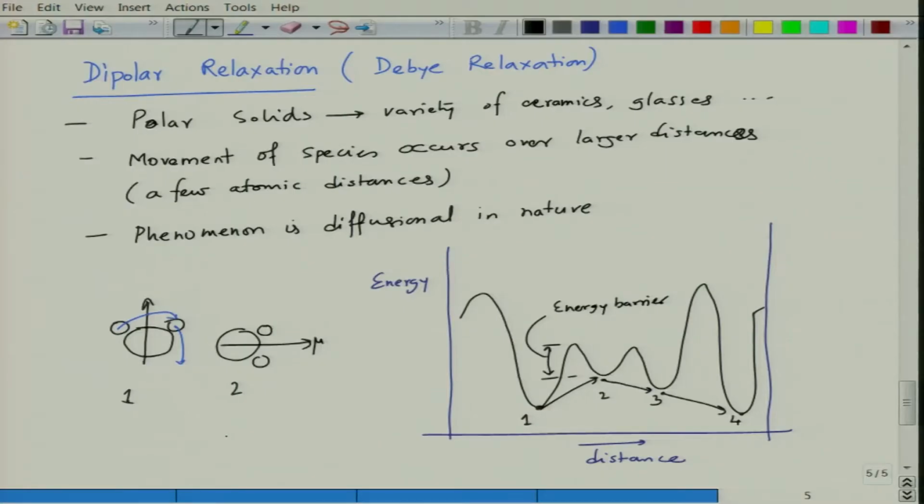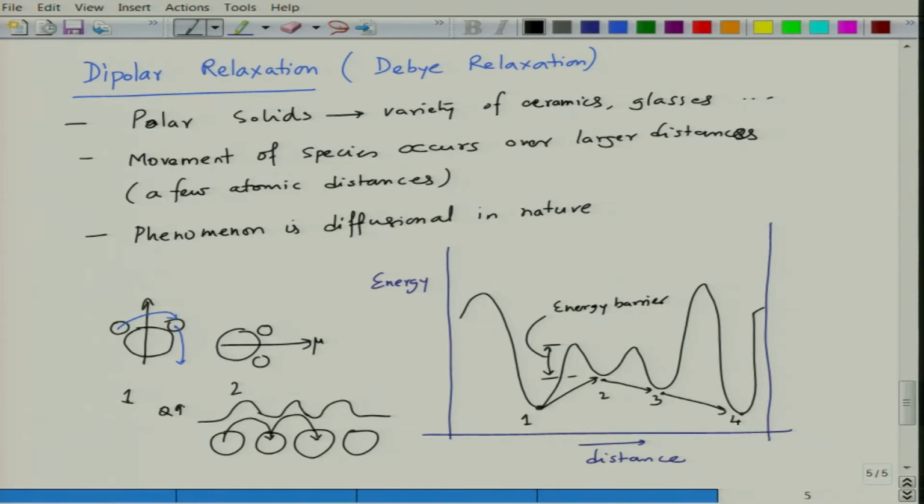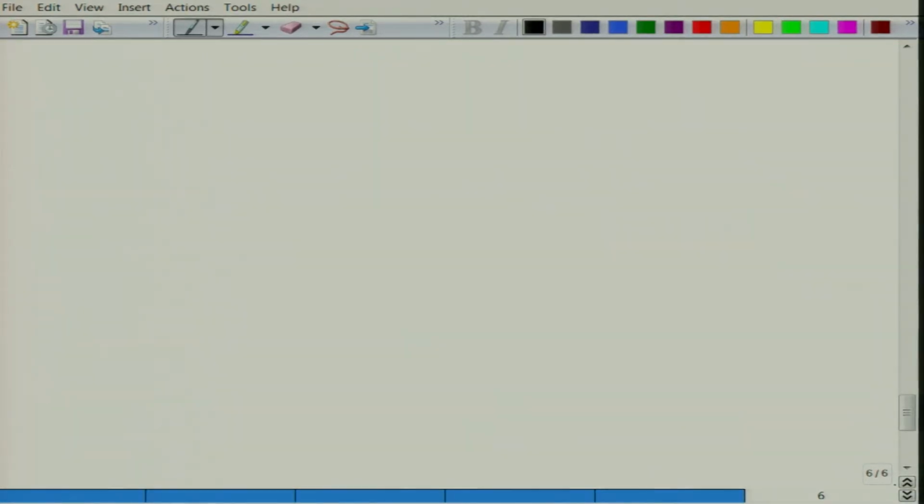So, if you look at the lattice for example, when this atom moves from this place to another place, it undergoes an energy barrier, because the transitions that take place in the middle dilate the lattice. As a result, there is a sort of temporary generation of strain in the lattice, which it has to overcome. So, it has to break one bond, form another bond. As a result, there is an activation energy, you can say Q, that is needed for transition to occur. Similarly, in this fashion it has to go from one position to another. As a result, the process is sort of diffusional in nature, requiring an activation energy barrier to be crossed.